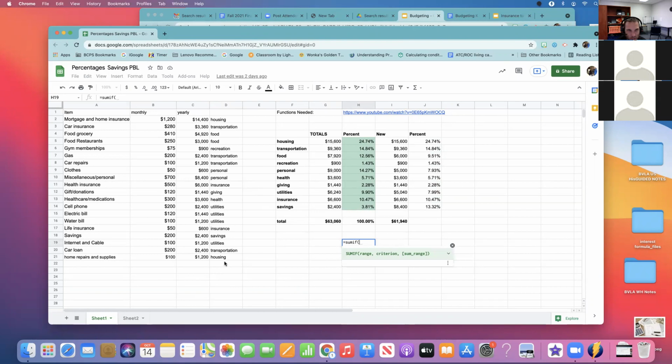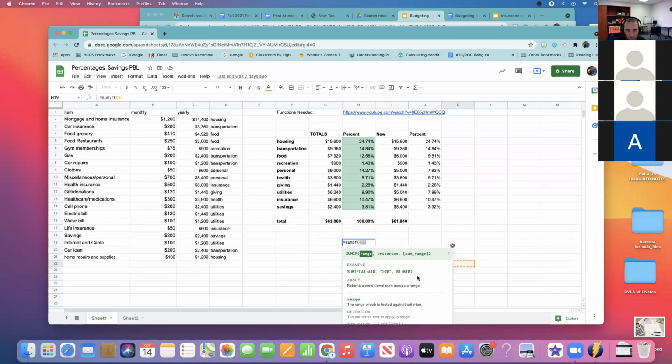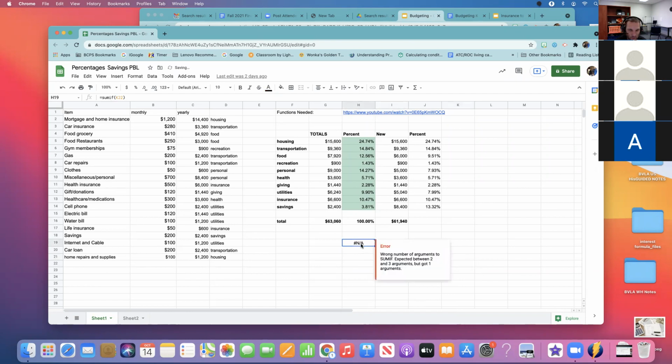You can drag and drop the range, then select what you want as the criterion, and then select what you want as the range to add up together. Okay, and it'll explain it to you more based on how you're doing. But I put this video in the supplemental materials, and I was hoping that you guys would watch that video and learn how to use this.